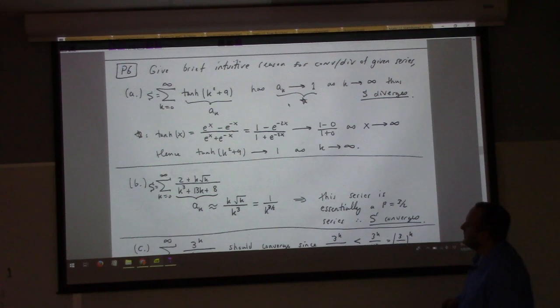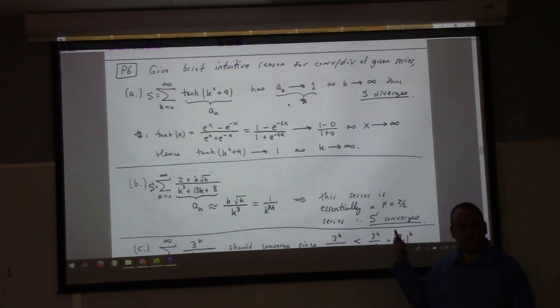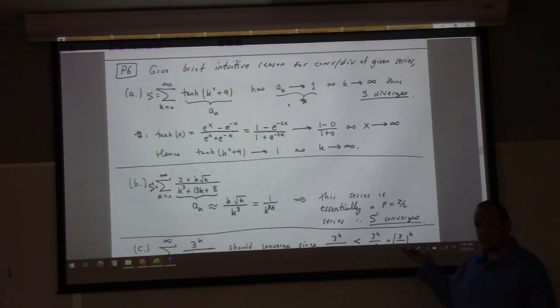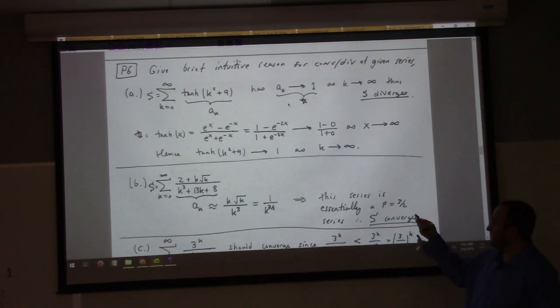So I definitely want part of the next test to be like this, right? One problem where I just say use intuition, write a brief sentence. What I've written here is more than you need to write to get full credit on the intuition problem. On the intuition problem, you don't have to explain to me why tanh goes to what it does. I'm saying that so that those of you who didn't know that have a reason why. But this right here is just me trying to, again, teach you that tanh goes to 1 as x goes to infinity. We've talked about this before, but many of you have forgotten this, right?